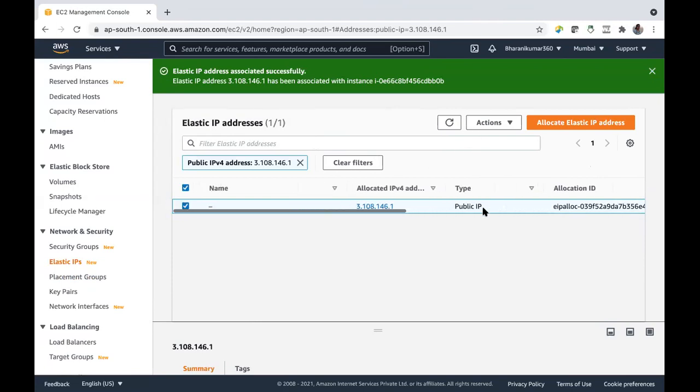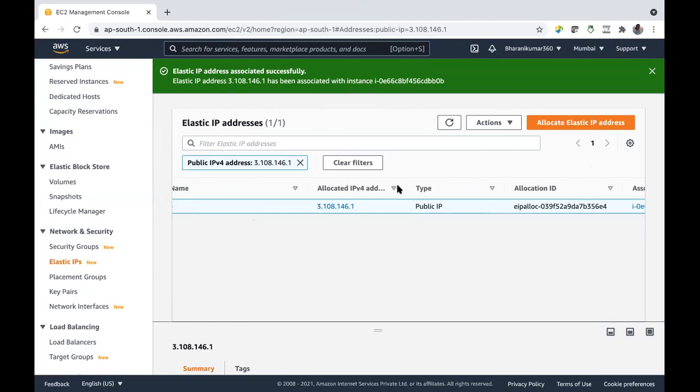Yes, we have associated. Here you can name your elastic IP address, and this is the IPv4 address which is allotted for you. Type is public IP. If you want to make it private, we have seen that option. You can make it a private IP address.